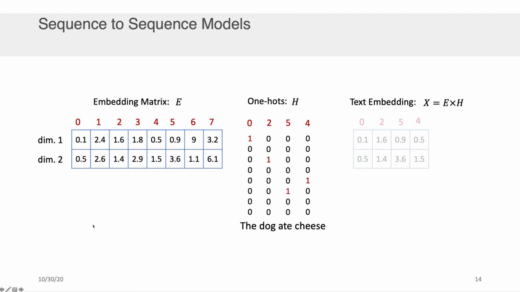Okay, but ultimately, once you have these one-hot encoded vectors, let's call them H, you have a matrix of them that represents a sentence. Ultimately, what you do as a first step, as we've seen previously, is you need to turn these into some kind of embedding that's a little bit more meaningful than just the one-hot coded vectors. To be totally clear, you could use these one-hot coded vectors if you wanted. They're not very good representations because they don't provide the contextual value that, let's say, a language embedding method like word2vec does, but there's nothing that stops you from using these one-hot encodings as an input